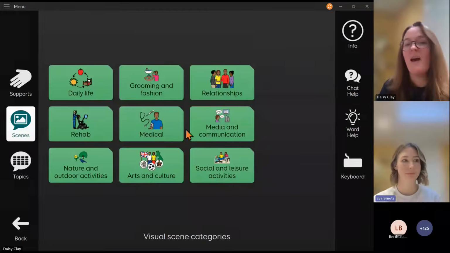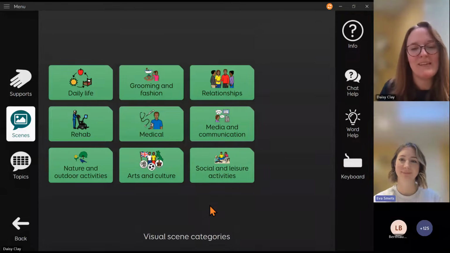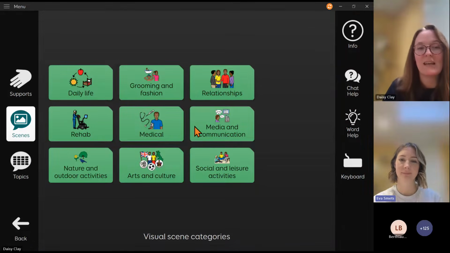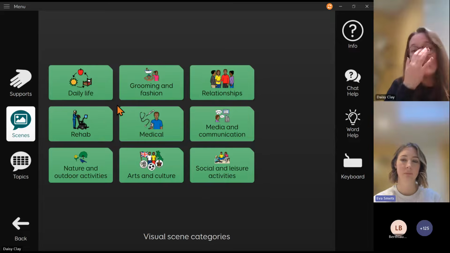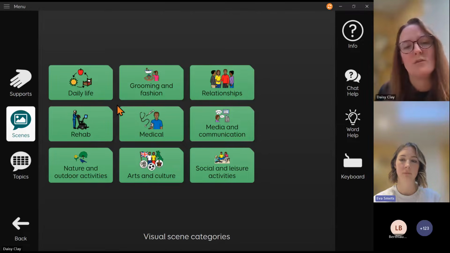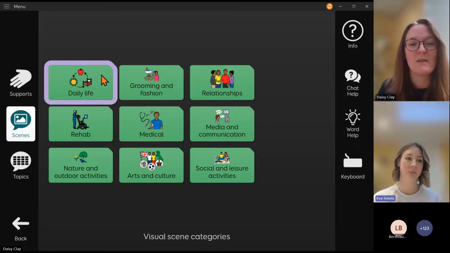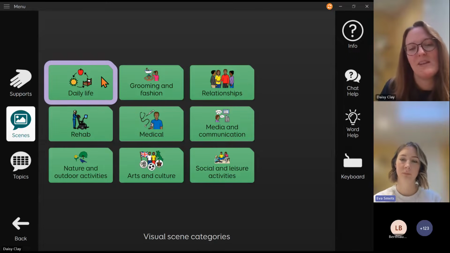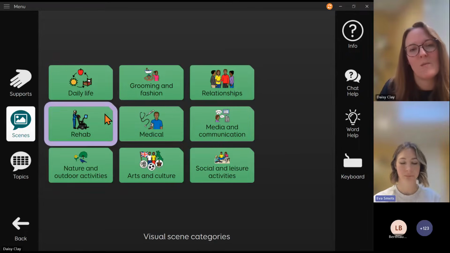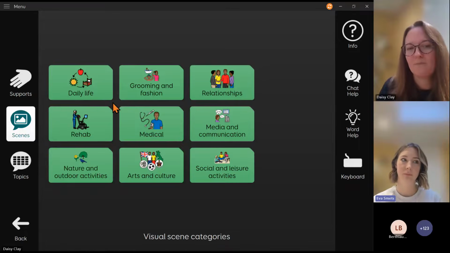And as Ava said, 60 pre-populated visual scenes arranged into categories. You can very easily change and pull out the grids that you want to work with someone. You don't have to be presenting them in these categories, but you can just to start with, and start looking through them to find out what the person with aphasia wants to talk to you about, what's interesting to them, as well as what they might need in their daily life.